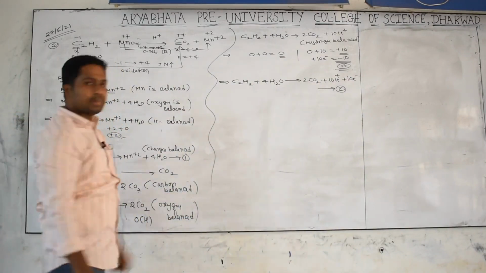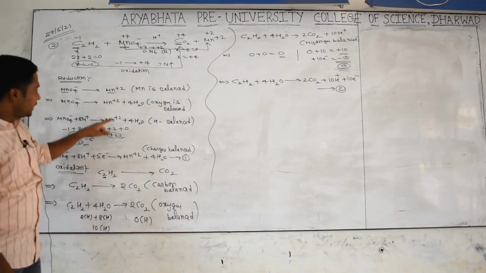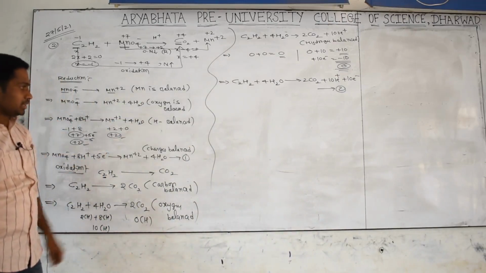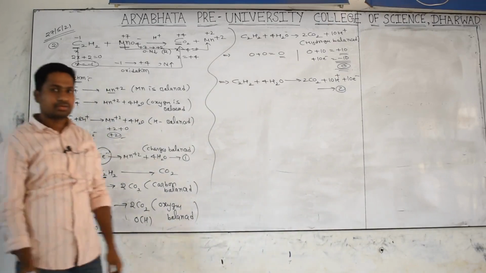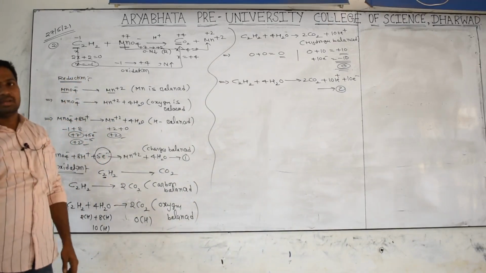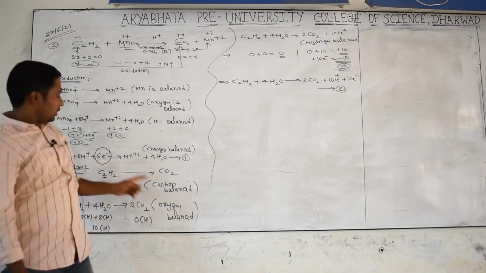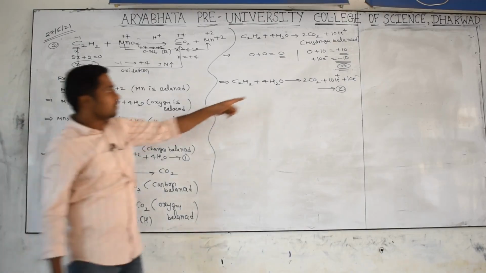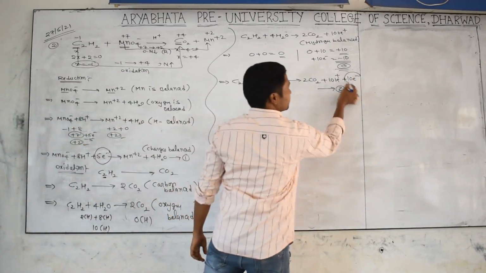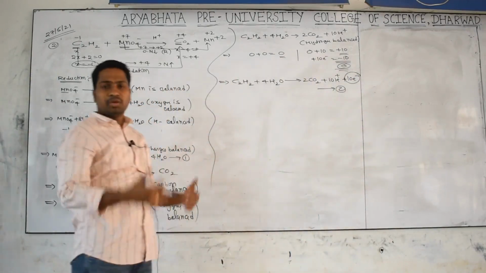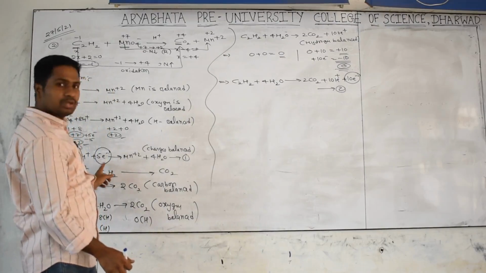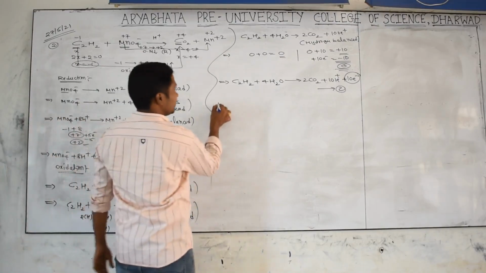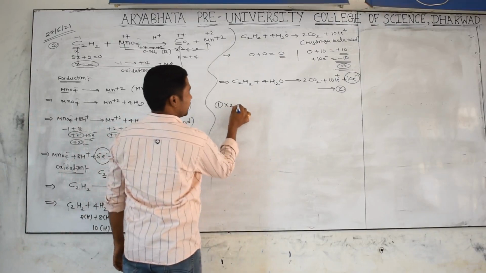Okay, now what has to be done as a final step? We have the reduction reaction and the oxidation reaction. In the reduction reaction, how many electrons are we getting? 5 electrons. And here we have 10 electrons. The last step is to equalize them. So what I will do is equation number 1 into 2. Do it.